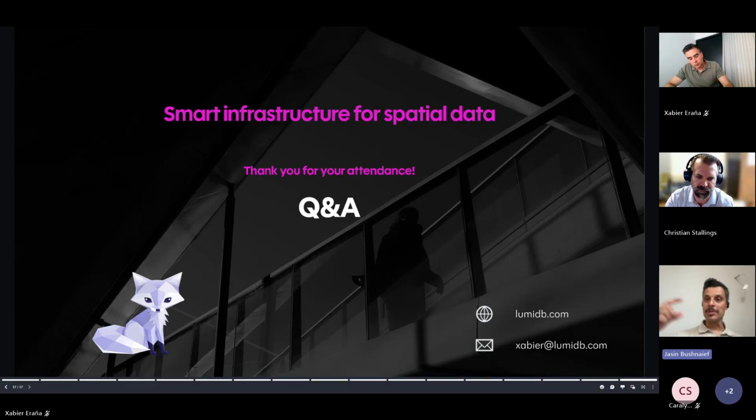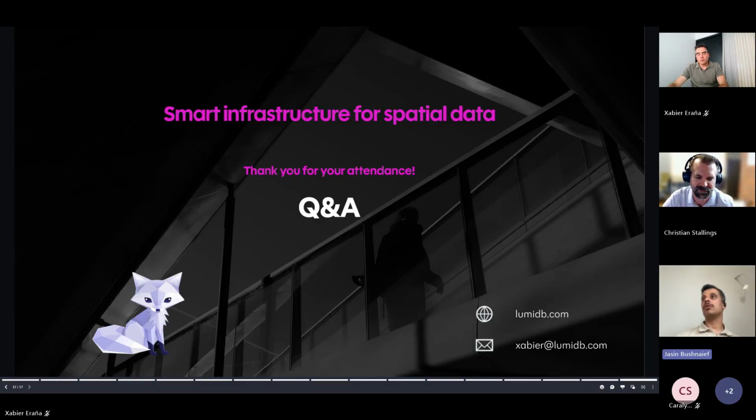Just want to segue this a little bit. What we are actually seeing our users do, and maybe as a sneak preview of the upcoming webinar where we talk more about the API itself, is some of our users are using our API to connect it to Claude Code or Codex or what have you, and are vibe coding small utilities or dashboards, directly talking with LumiDB to get the visualization that they want, or a specific workflow, or a dashboard that they want to show a decision maker.